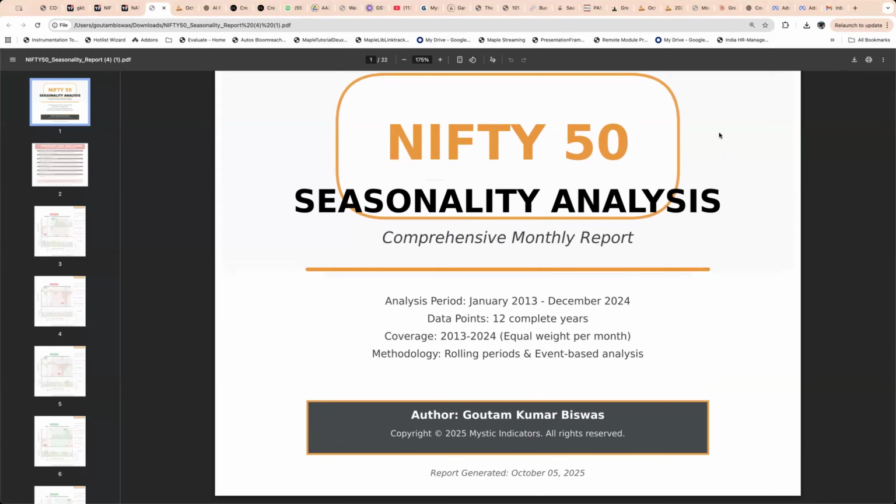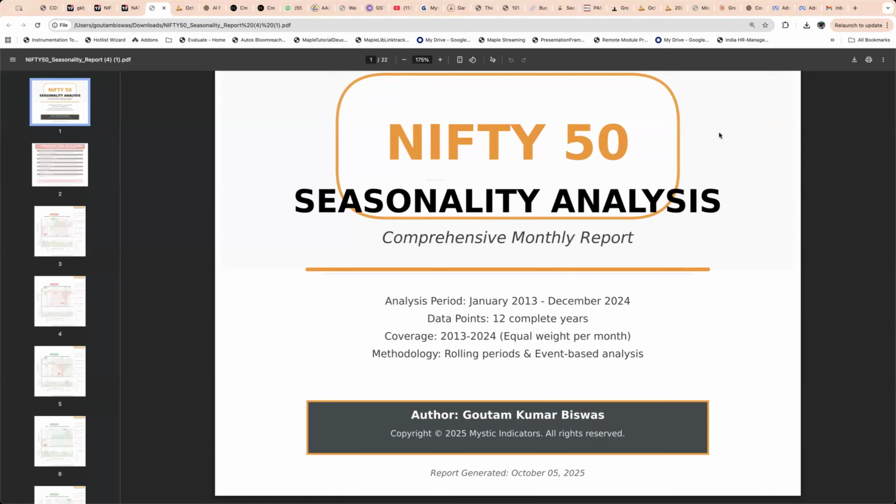Because it is essentially a statistical analysis of events. So how to analyze these events? Let's say you take any event date, let's say Mercury retrograde, or the Sun changing a sign, or Jupiter changing a sign, or Saturn changing a sign. So these are all events. Now, the way to analyze this is to go back and look at the data prior to the event date. You can take a window of 10, 20, 30 days before the event, and then 10, 20, 30 days after the event, right?